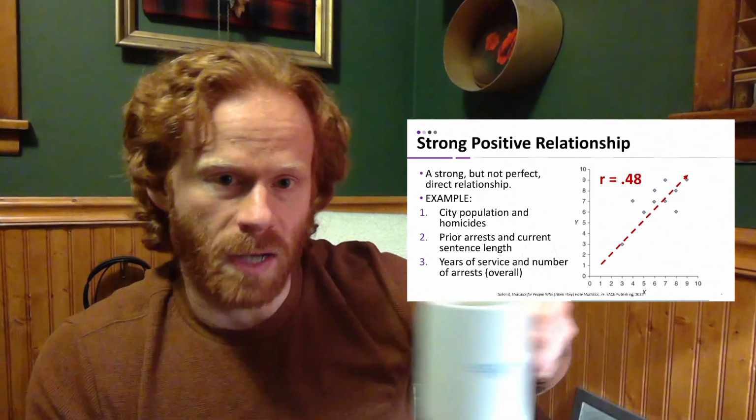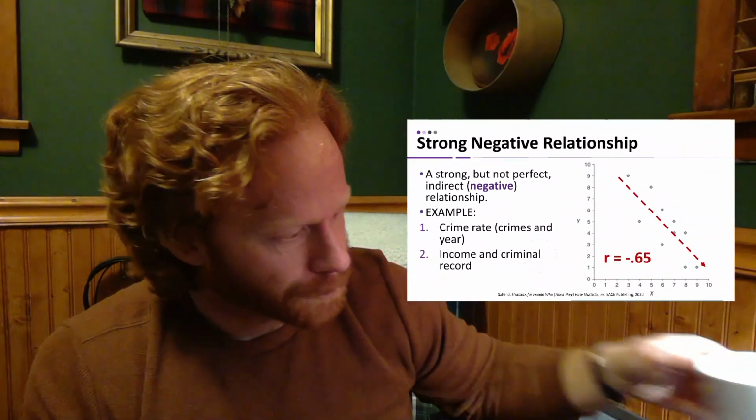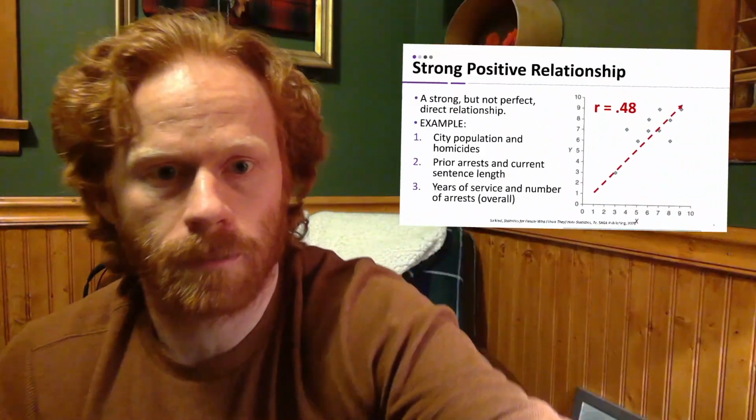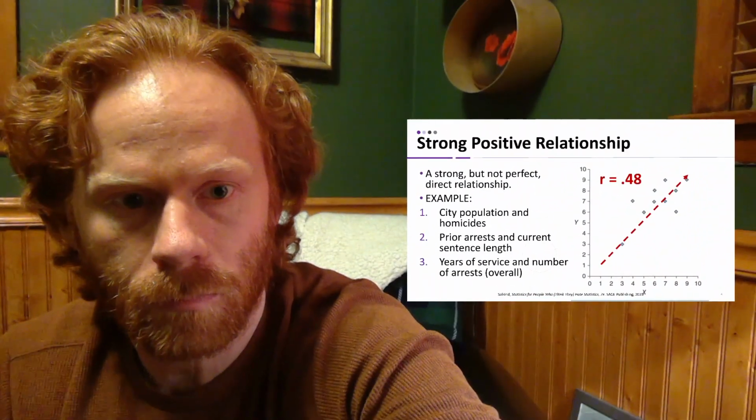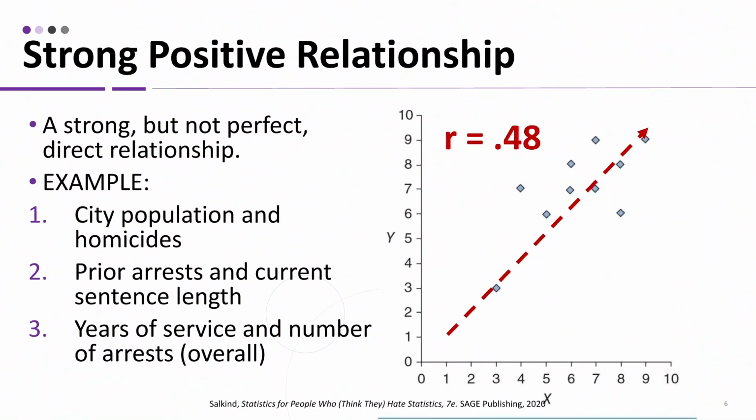So, a strong positive relationship, not a perfect relationship. Sorry about that, everyone. Let's take a look at this one. The dotted line is added in. Those aren't points. You can see the gray points are the actual values that are being represented here. And I made it a dotted dashed line as opposed to a solid line because it's not a perfect